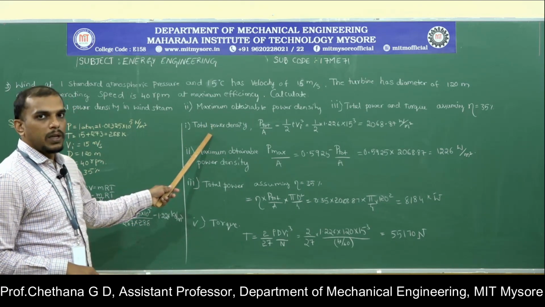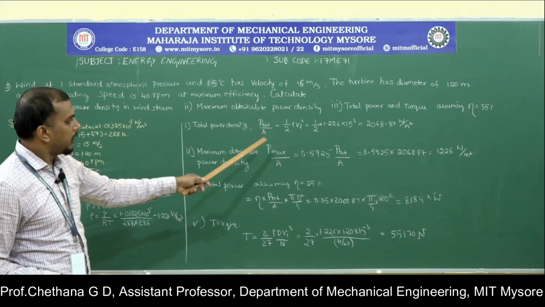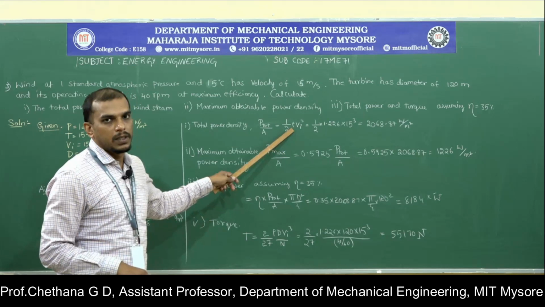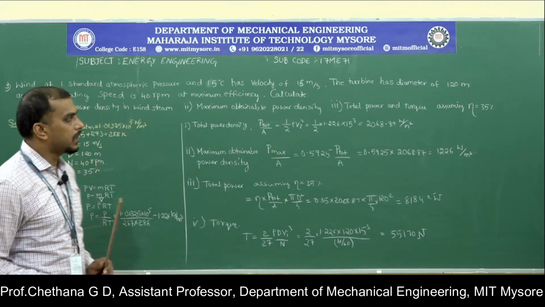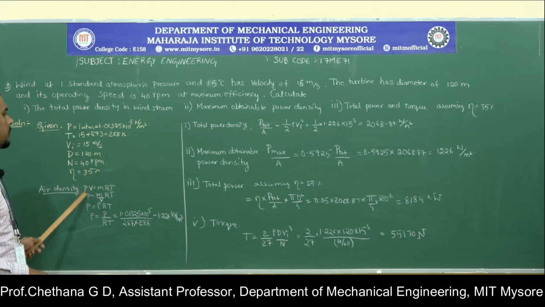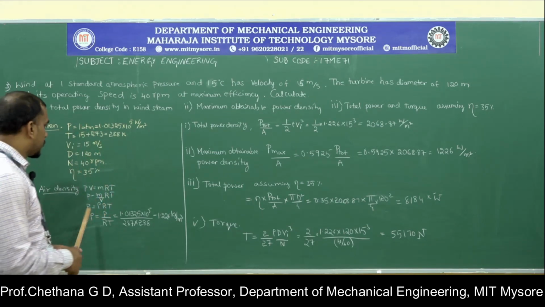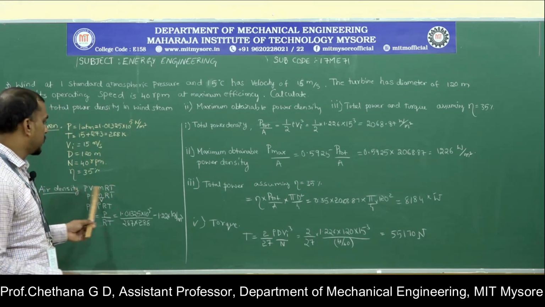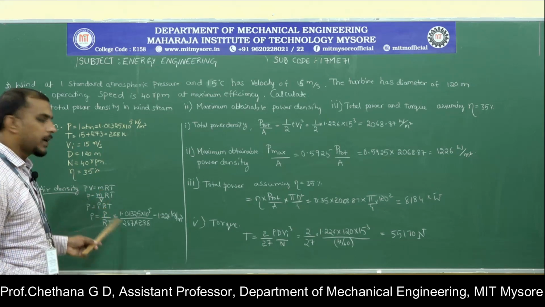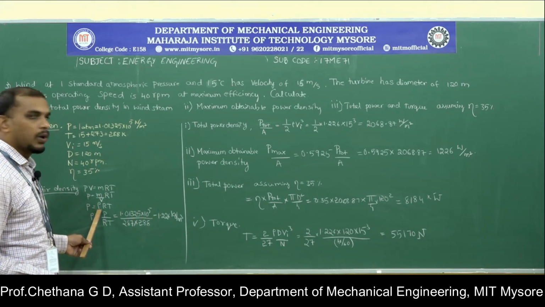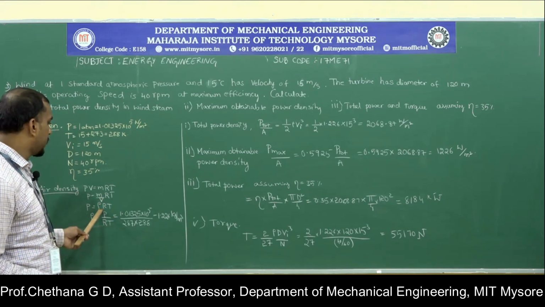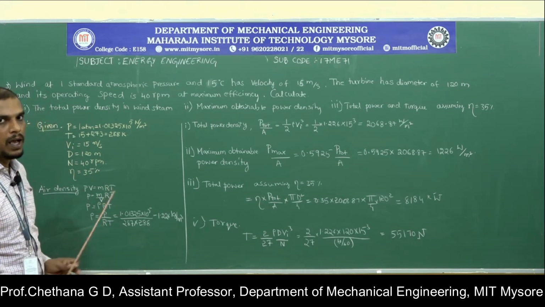In order to calculate the total power density, P total by area, we know the formula, half into rho Vi cube. But always this value, that is density, will not be directly given to us. We will have to calculate it by temperature and pressure, which will be given to us normally. So, using the ideal gas equation, PV is equal to mRT, you end up with P is equal to mass by volume into RT, where mass by volume can be written as rho. So, P is equal to rho RT, or simplify it for rho is equal to P by RT,